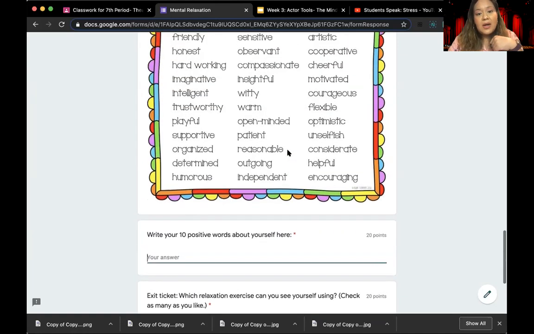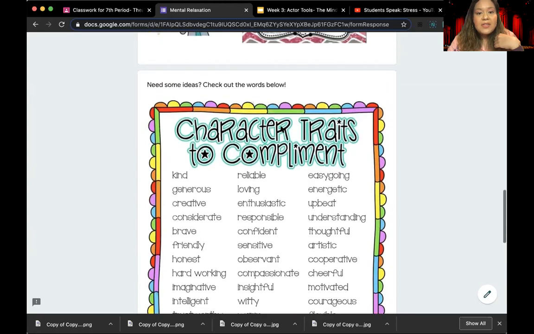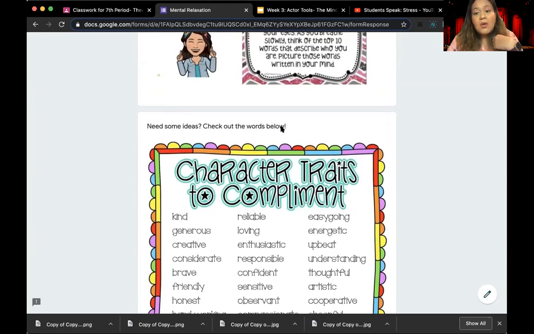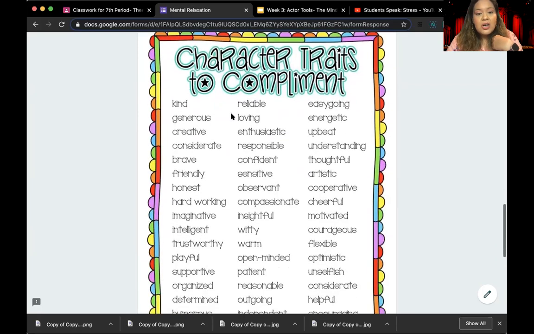So if you need some help, because sometimes our minds tend to think towards the bad things, right? If you need some help coming up with some positive, good words to describe yourself, I have this little chart here of all character traits that are complementary, which means that are nice, that are positive.